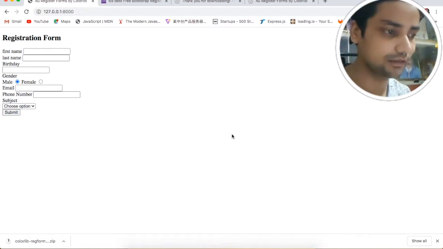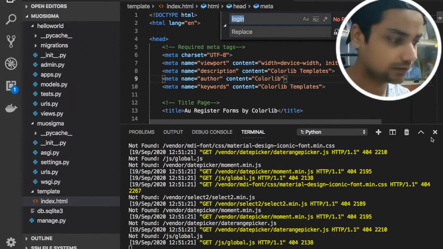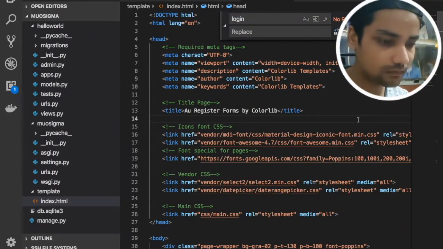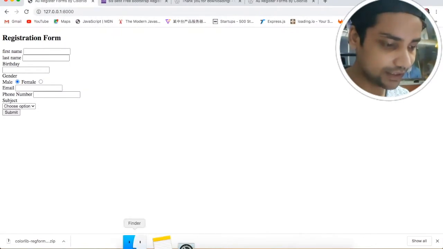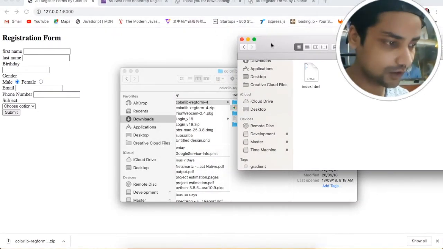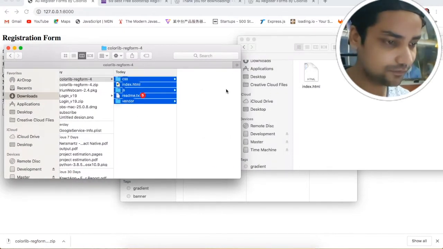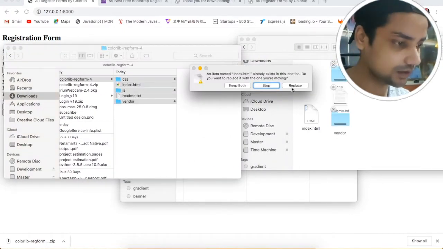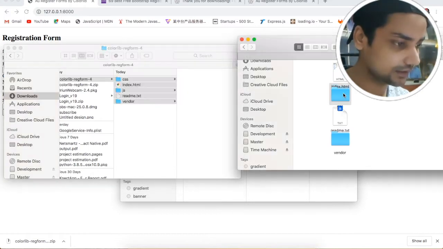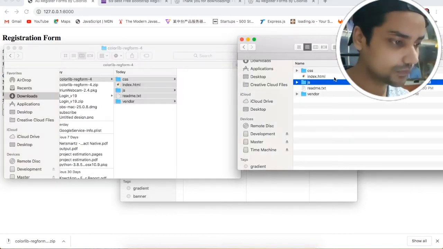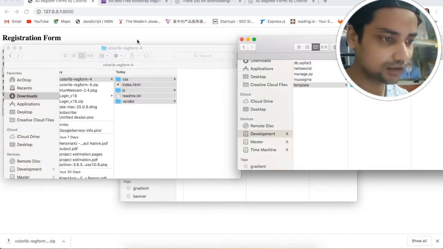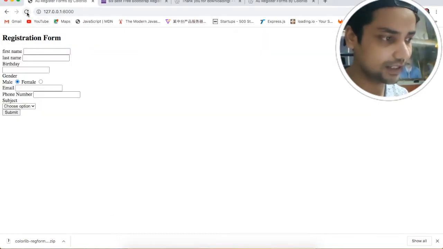Where is the javascript, where are the other files? Where is the css? So we need to fix it. In order to fix it, can you do it like this? For example, this is our template folder, and can we fix it if we paste these files here like this? What do you think about it? Will this work? Now the path is correct, everything is correct, right? If I refresh this, nothing changed here.